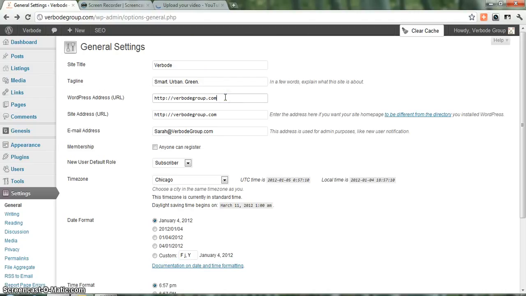Your URL, you just want to leave because this is basically your homepage settings. I don't know why it just doesn't say homepage settings. That would make it a lot easier, but in any case, this is where you would change a lot of the homepage stuff. Email address,